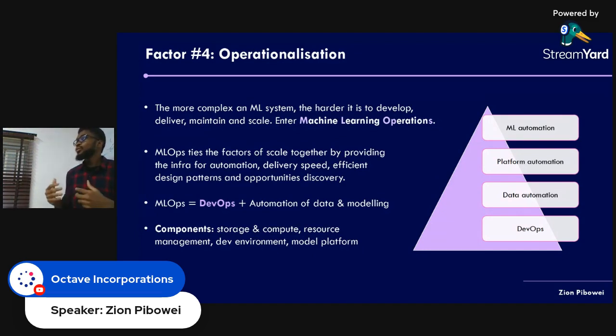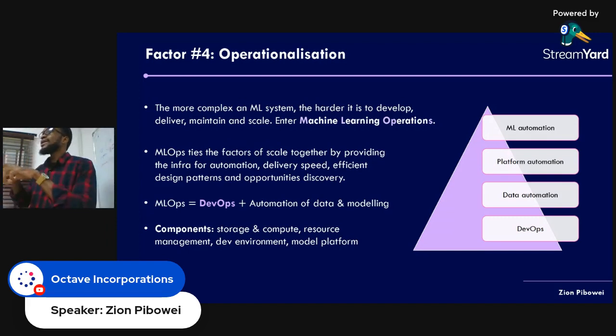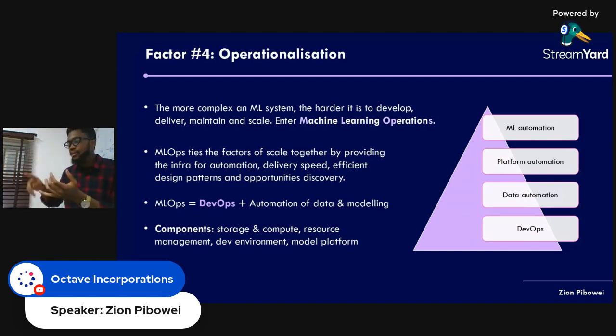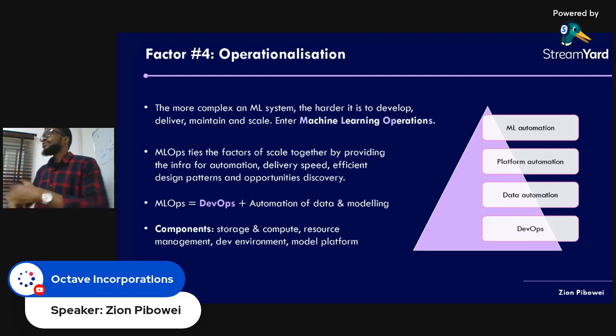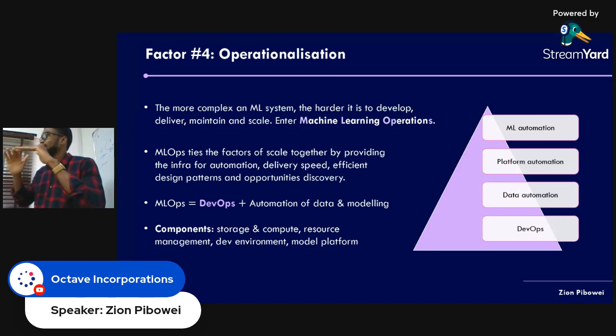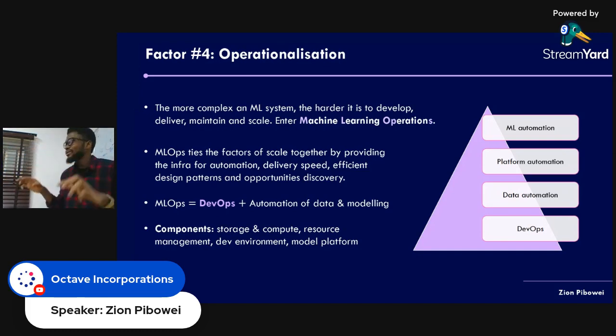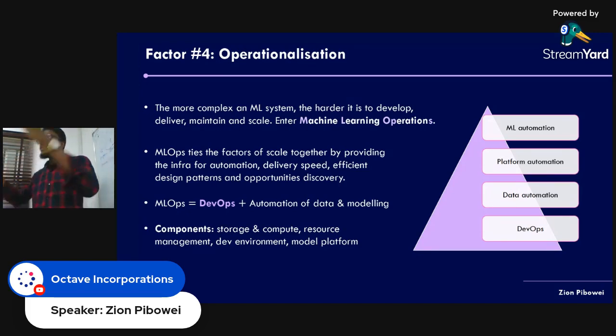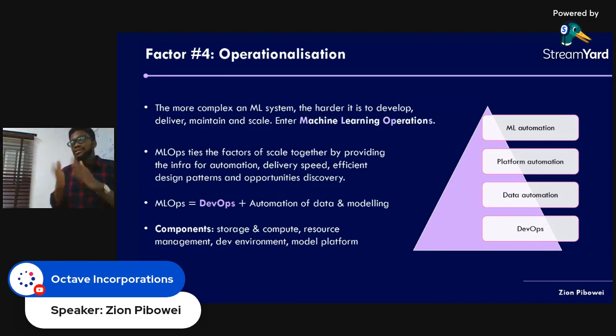Then when we have taken care of data automation, we now go to platform automation, where we automate the actual model platform where the models will sit. So everything, including the infrastructure, the tooling, and all those things. We automate all those things, including orchestration and all that. Then only when we have set up all these various layers are we ready to automate the actual models and their life cycle post-production, which means after we've deployed them to the real world for everybody to use, right? So this is what we really refer to as the machine learning ops hierarchy of needs.